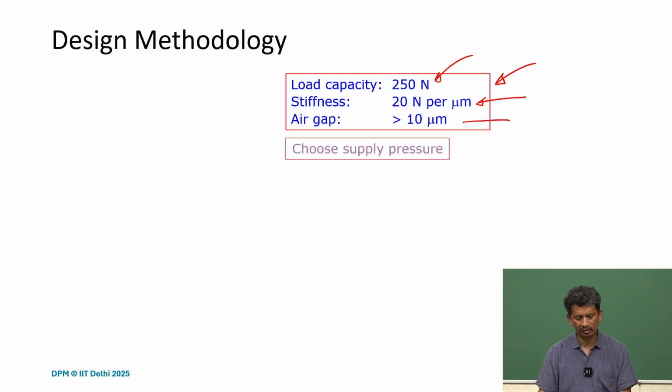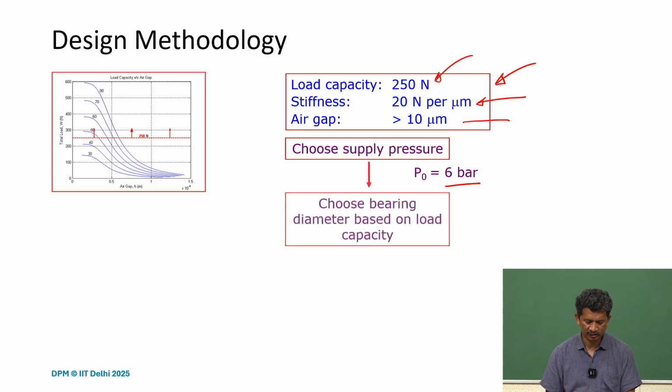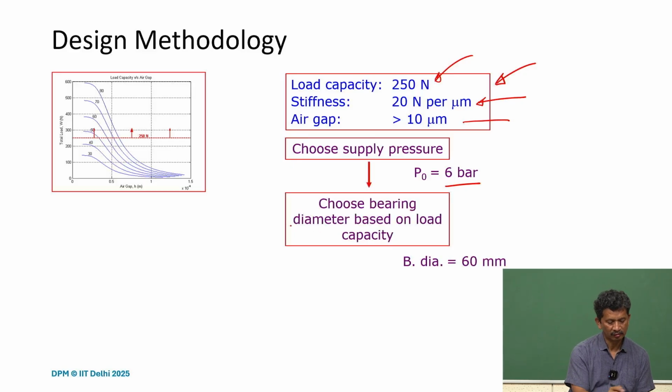So if we have this with us, then how do we start? Of course, first we try to fix the supply pressure. We may want to work with the supply pressure that is available on the shop floor or is convenient to work with. Usually I think these are the numbers: 5 bar, 6 bar, this kind of pressure we are comfortable working with. So let's choose that supply pressure P naught. And for that given supply pressure, what we can check from here is